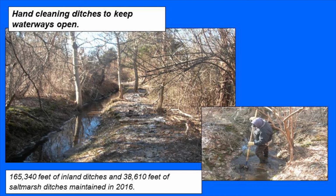We also do a lot of hand clearing of the ditches. So this is actually a picture of a freshwater ditch system. We have salt marsh ditches. We also have a lot of freshwater ditches on the Cape. As Cape Cod was developed, a lot of places that people built, roads were put in, the places where water used to run, natural creeks, were covered over. And the water still needed to run somewhere. So a lot of these ditch systems were put in. This ditch actually runs right through the middle of Brewster, parallel to 6A,